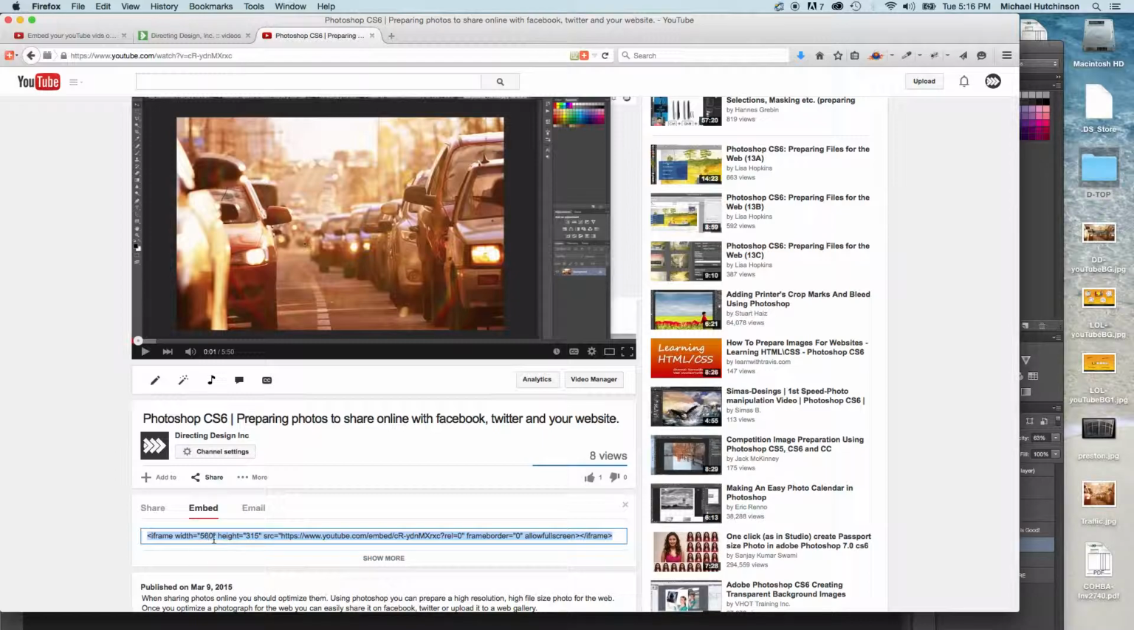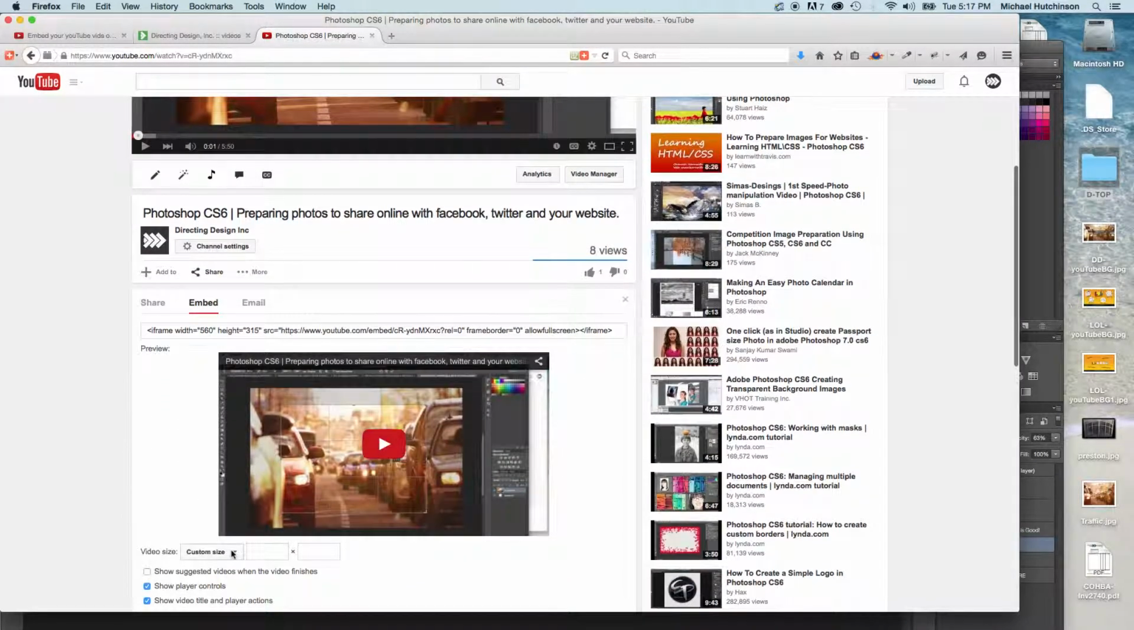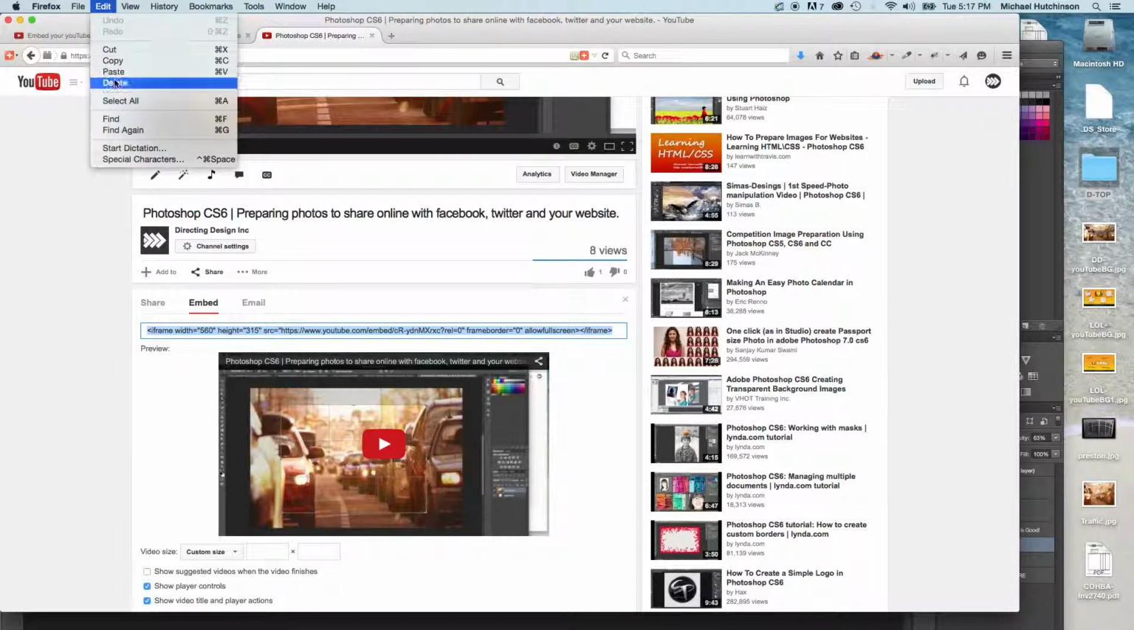Now sometimes you have to worry about the width, but that's actually the setting that we're going to change ourselves. So you can click Show More, and here where it says Custom Size, you can type in a size for your video, but we're going to just copy the code that is right here, and then we'll change a simple element of it in a moment to make it work on any device. So I'm going to use Command-C to copy, or it's under Edit, Copy, and then I'm going to jump to